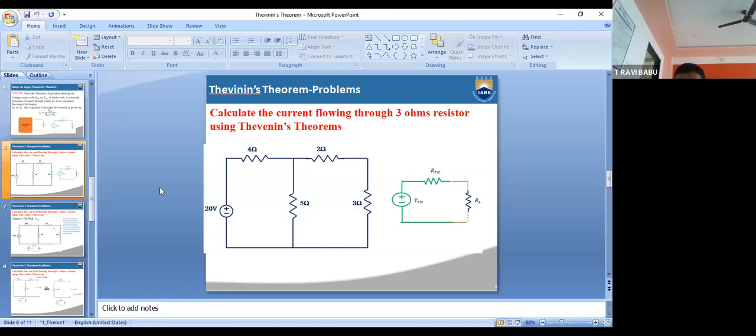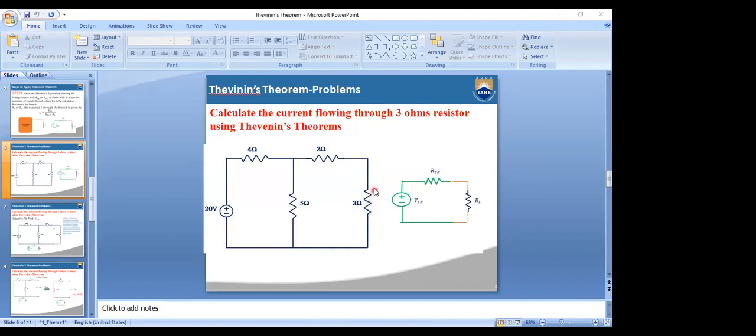So, for example, here I am taking a 3 ohm resistor as the load resistor. In this 3 ohms resistor, I want to calculate the current. So I am taking this as the load. Okay, up to now, does everyone understand? Reply me, please. Yes, sir. In Thevenin's theorem,